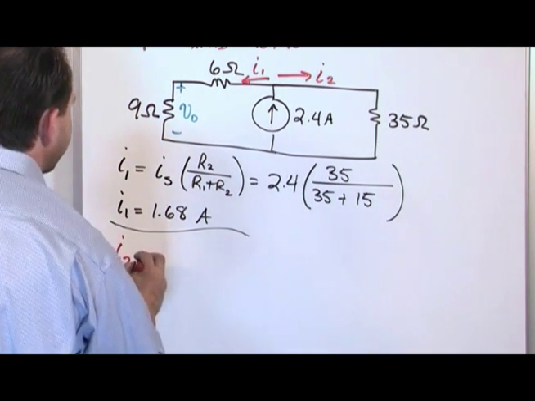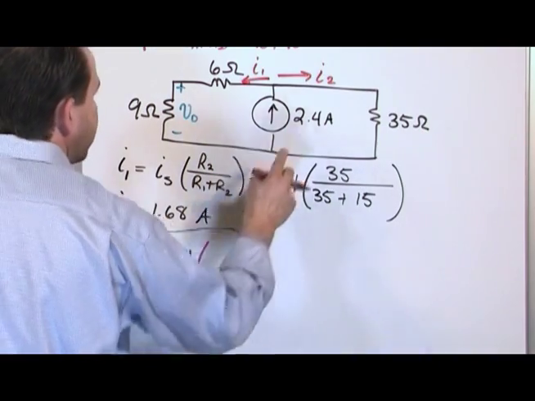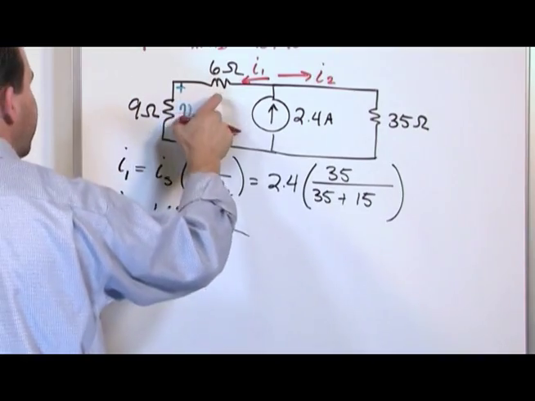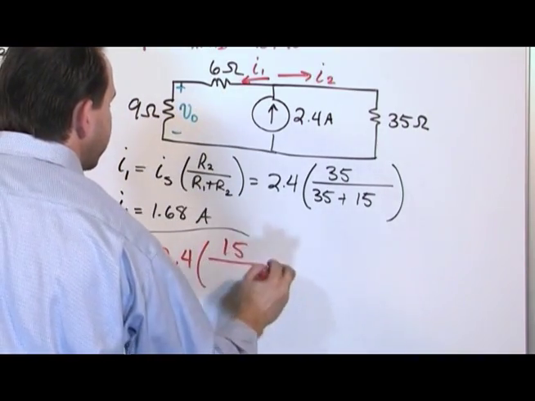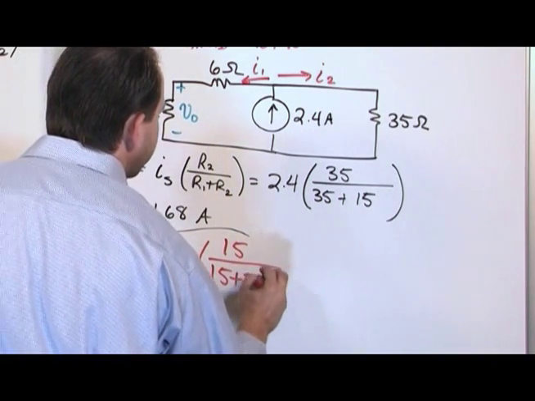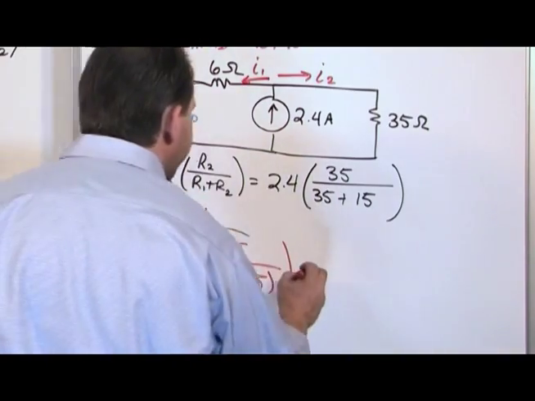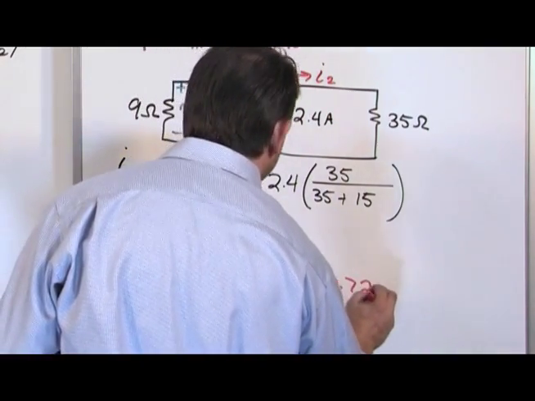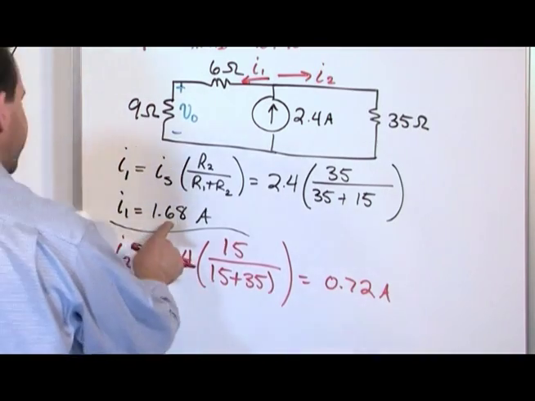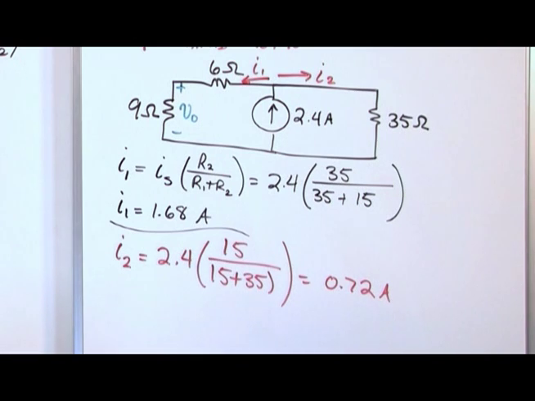I sub 2. It's going to be the source current, 2.4, times the resistance of the other leg. Here we have 9 and 6. We know that's 15, so we'll have to put 15 there, divided by the sum. So we'll have 15 plus 35, right? And so when we do that, we're going to get 0.72 amps for this guy. And if you notice, 1.68 plus 0.72 sums up to 2.4 exactly, which it has to,